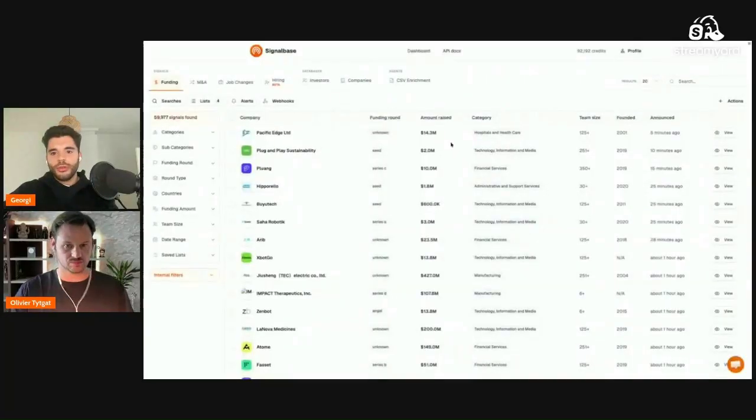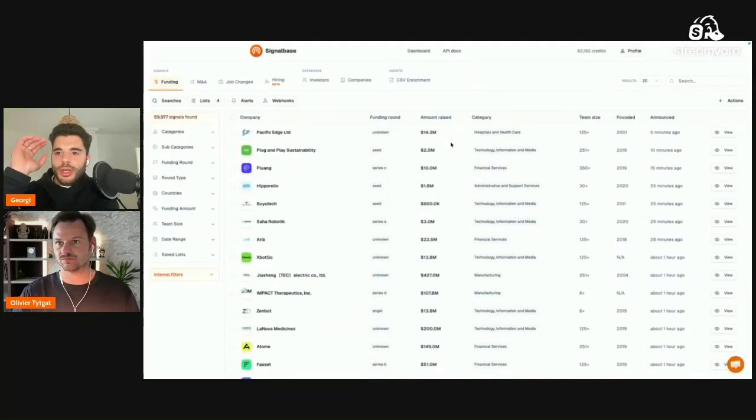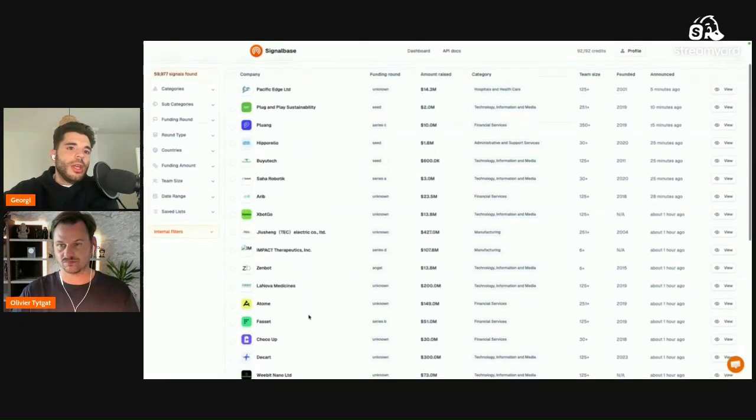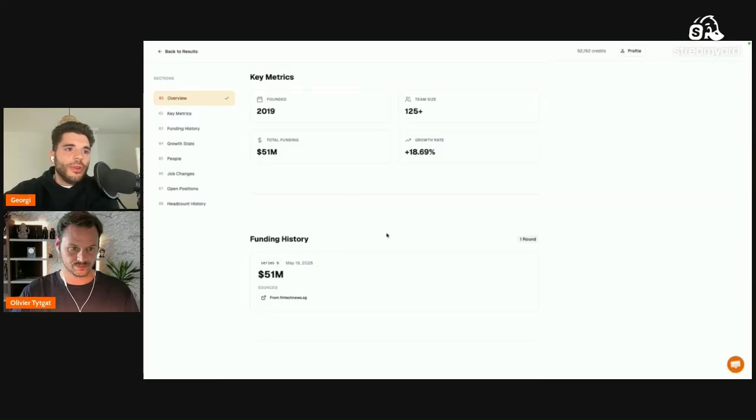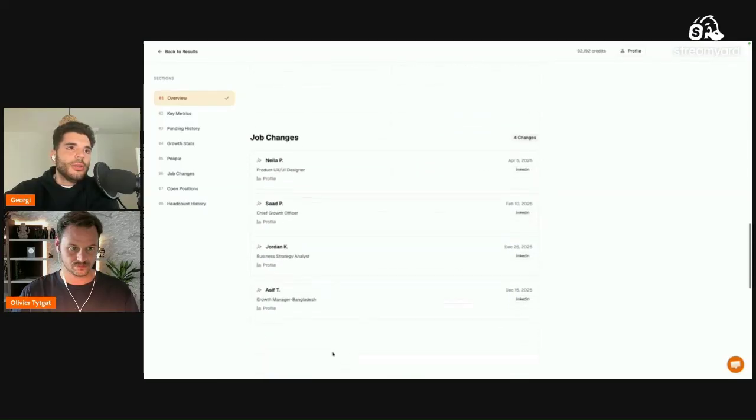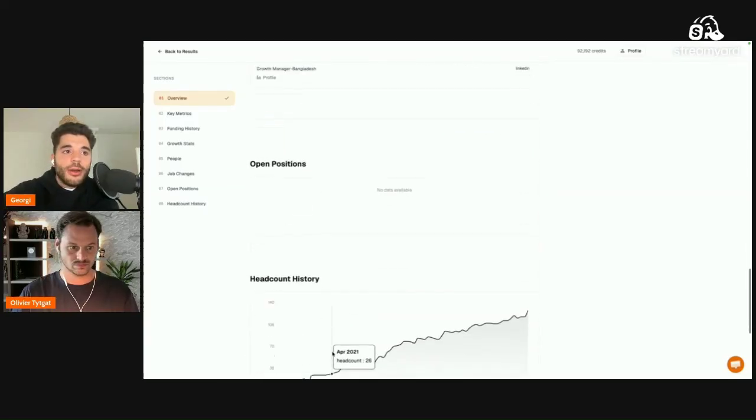Good. All right, cool. So I will be really quickly sharing my screen again, guys. For those of you who don't know, what we do with Signalbase is a real-time infrastructure for signals that doesn't only source but also verifies and contextualizes absolutely everything into these complete company profiles that give you funding data, people level data. We also stack job changes and hiring signals for you, as well as headcounts. So one credit equals this complete data.